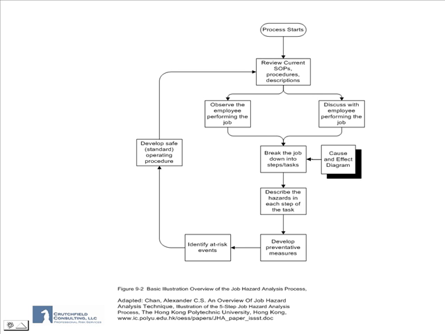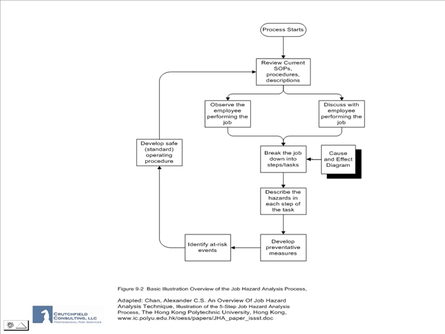The job hazard analysis process begins with a review of the current and existing standard operating procedures and descriptions of the job. This is followed by observations of the employees that may be performing the job and discussions with employees about their concerns and issues while performing the job. We use the cause and effect diagram to pull this information together and break the job down into the various